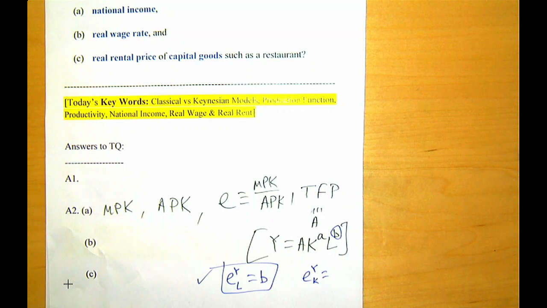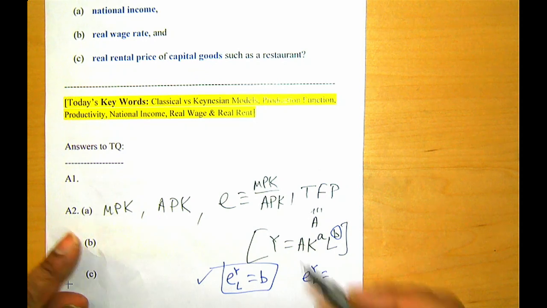Now, from this side, the elasticity of output with respect to capital. If you increase capital by 1%, by how many percent will output go up? Always remember, elasticity is like a cap, or if you tie your hair, the knot, right? That's the elasticity. So what is that? A. See that? A is a nice hair knot on K. Always remember that. So that's this A.